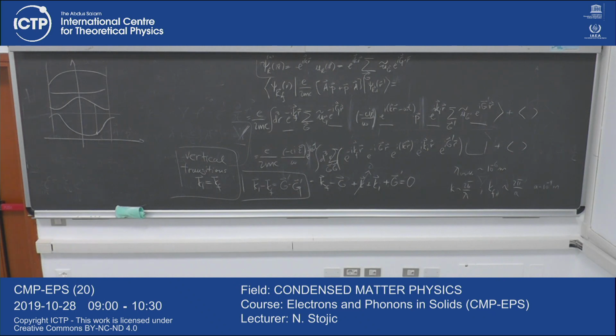Is the equation ki minus kf equals 0 the same thing as, for example, if for the final you have this G prime, but you can just translate it back inside the Brillouin zone? That's why it's like a vertical transition. You can also look at it in the extended zones. Yes, but I think it's more confusing because it anyway has to be the same state. You just have to shift it here. It's the same state, so let's not confuse.